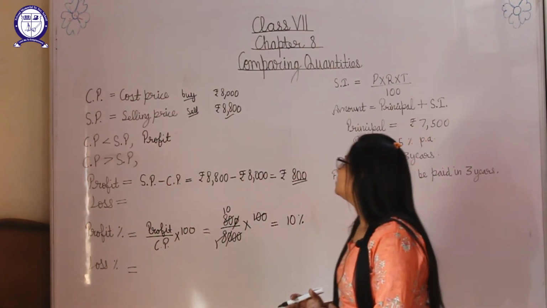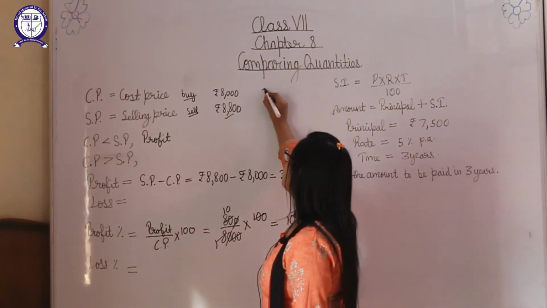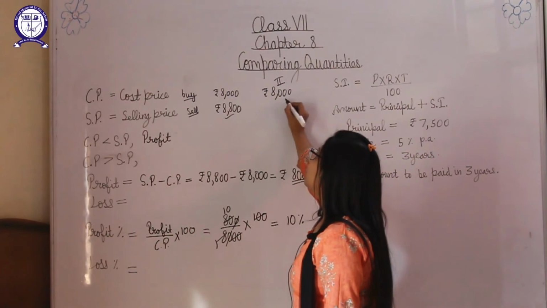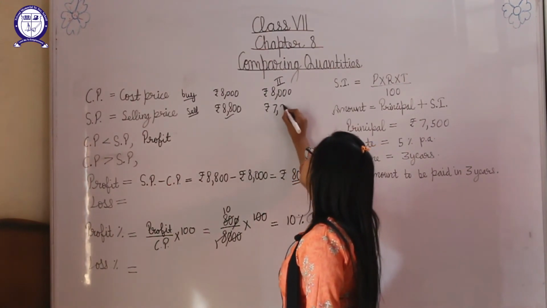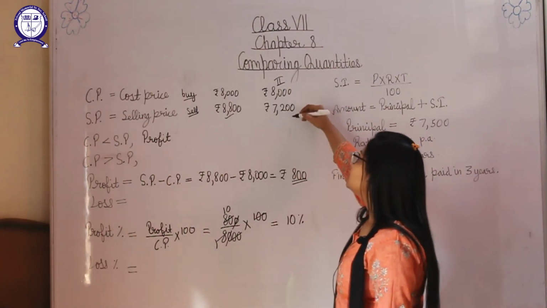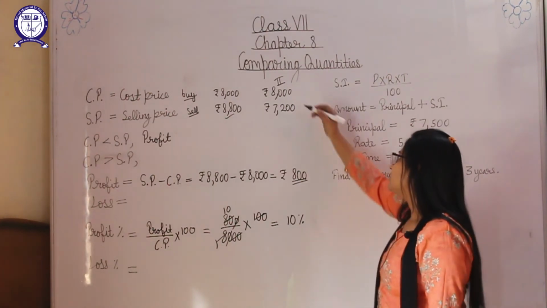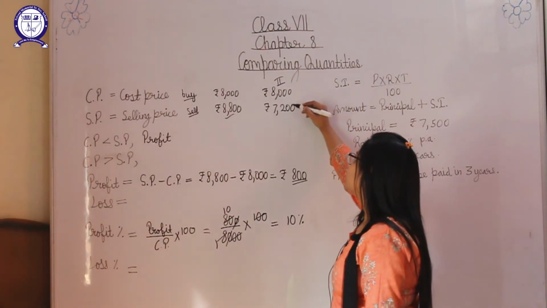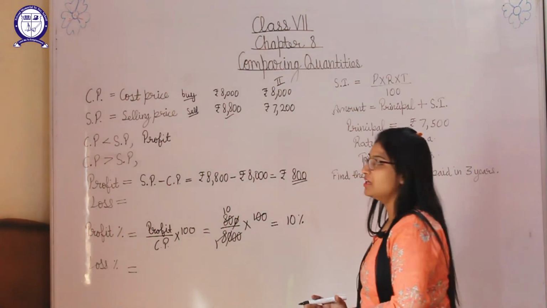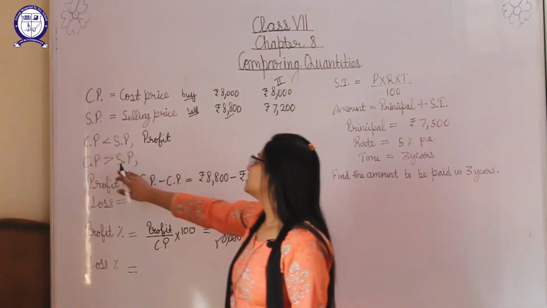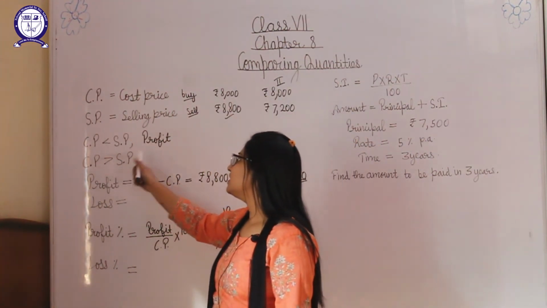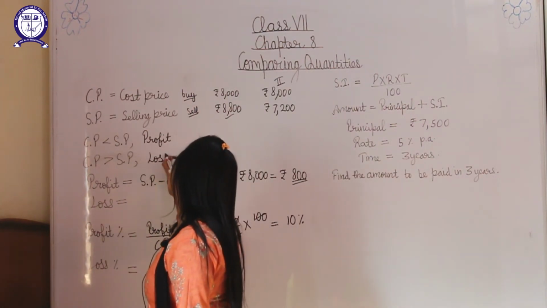Okay. Now students, the reverse case: suppose the shopkeeper buys the TV for rupees 8000. This is case 2. Okay, but he sells that TV for rupees 7200. Now he buys the TV for more money, but he sells it for a lesser amount. So will he get profit or loss? Loss, right? Because he has paid more for that thing, but he gets less money by selling it. So if CP is greater, here you can see that CP is 8000 but SP is 7200. So when CP is greater than SP, this is the situation of loss.